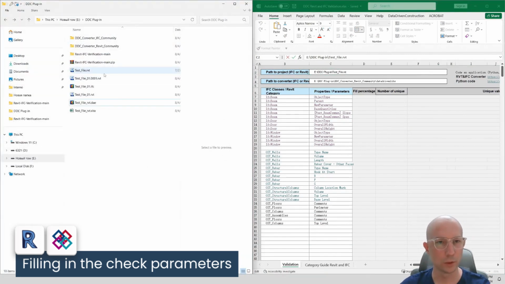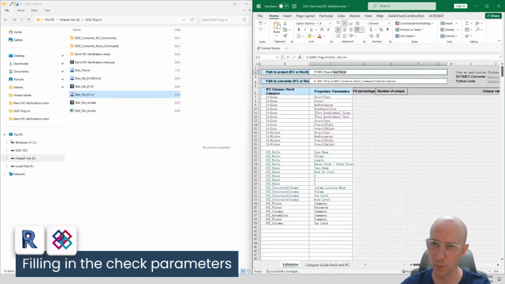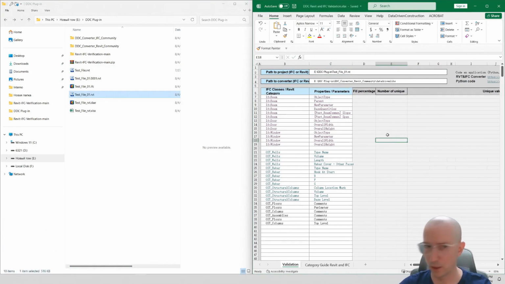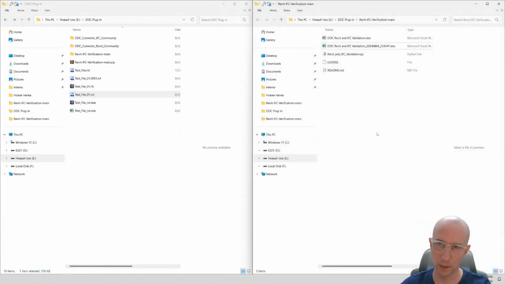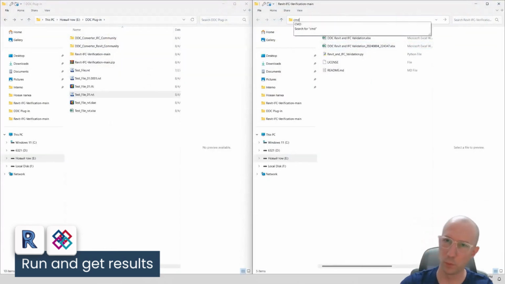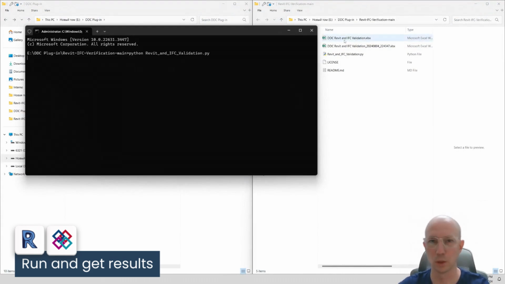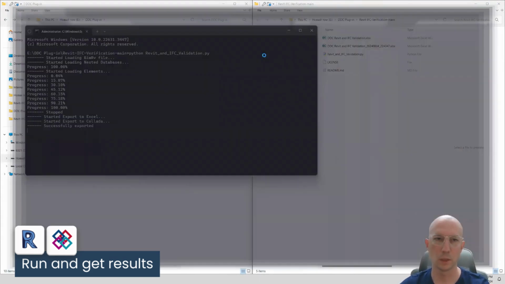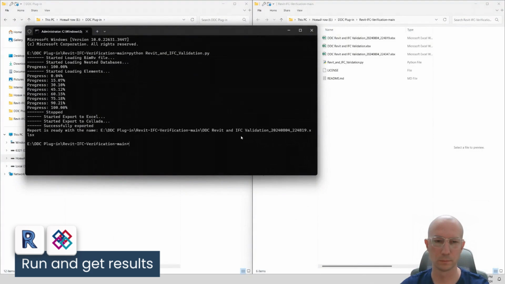And we need to specify this file as the file for processing. I copy the name and paste it here. Now I save the table again. It needs to be closed, and we need to run our script again. Copy the command to run the script. We paste the command here once more and run the processor. The plugin has worked successfully.